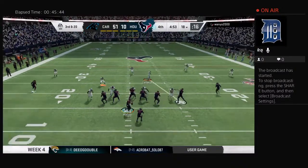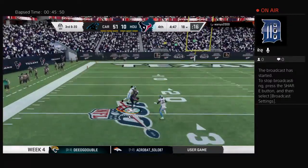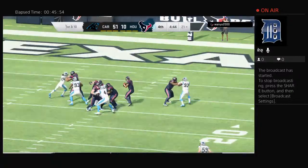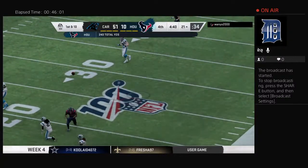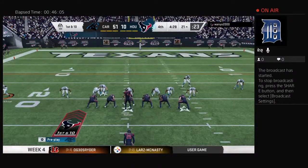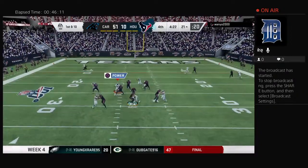They don't want it. 3rd and long. It's Watson going deep for Hopkins. It's caught inside the 25. The Clemson connection. Watson to Hopkins for a big one. 61 yards. And at this stage, down in the second half, looks like they just wanted to find a way to get it in the hands of their playmaker, and they did. I think you're exactly right. I don't think the coordinator's looking at his play sheet and trying to figure out which...